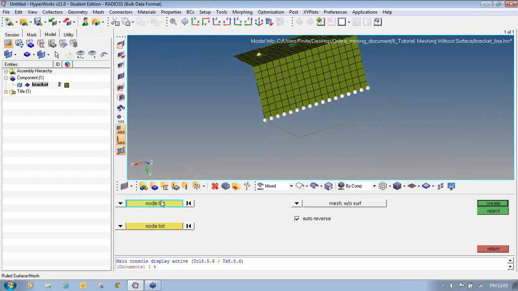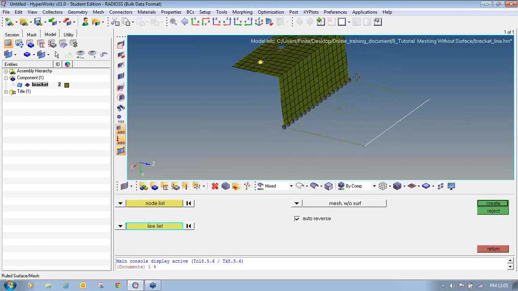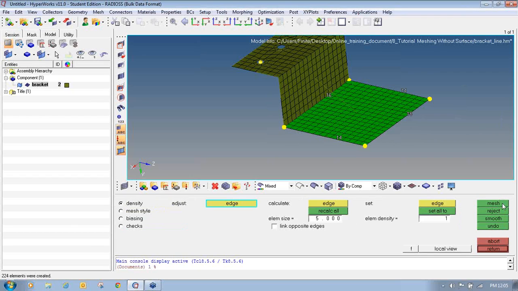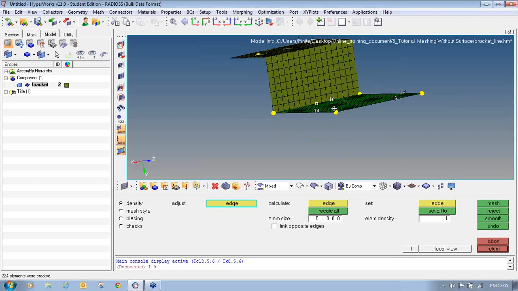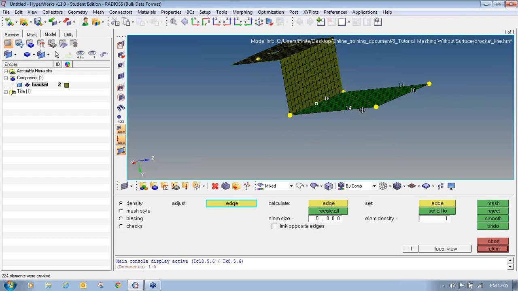And from these nodes to the opposite line, in the ruled option you have to provide the opposite edges. If you select this edge as the nodes or lines, then you have to select the opposite edge of that particular line or node. So I will click on create. Once I click create, it will create a 2D mesh using the ruled option.